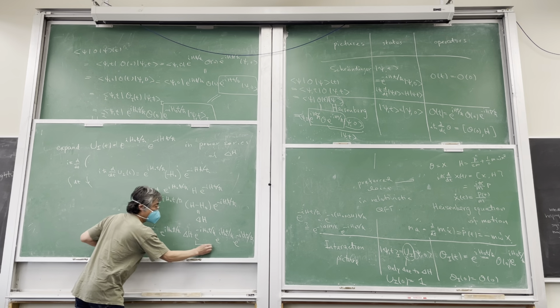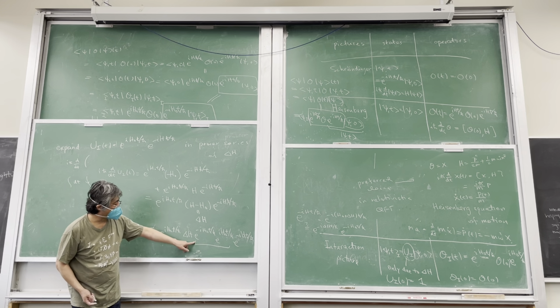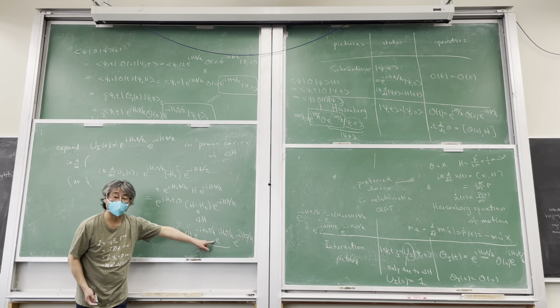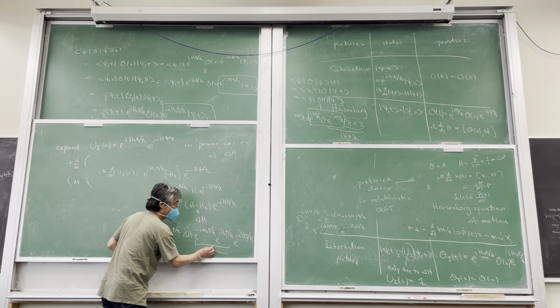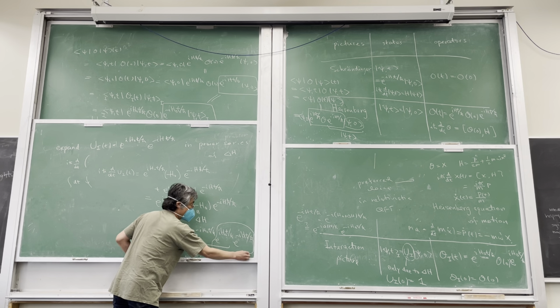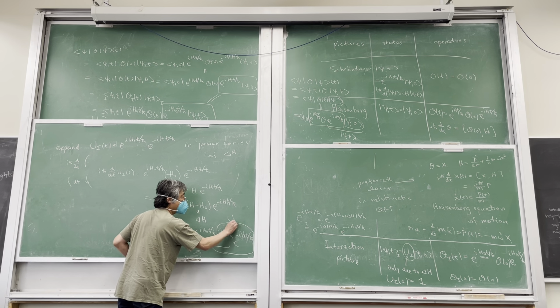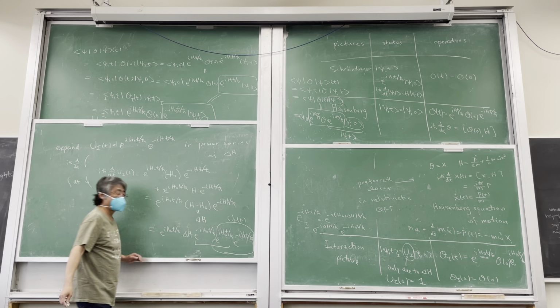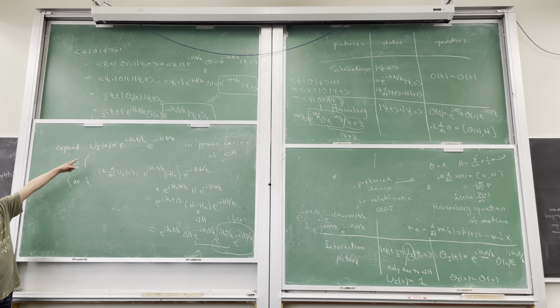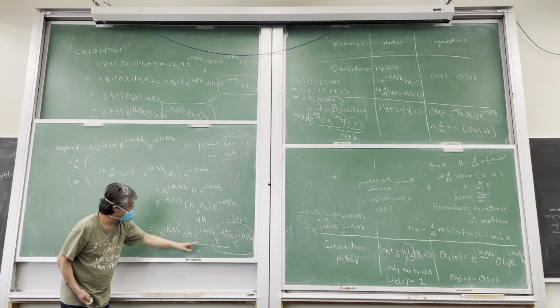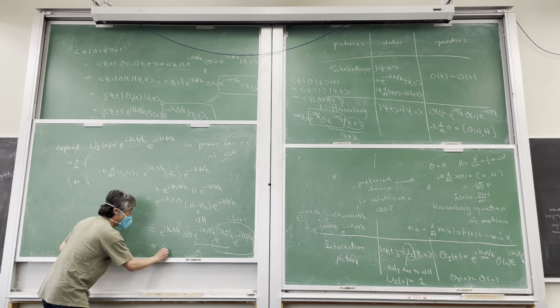So what I inserted is the unitary operator and its conjugate. So by definition, this is 1. So I haven't changed anything from this line to that one. I just inserted 1. But by doing so, you can identify this piece. It's nothing but UI itself. And this piece is now delta H